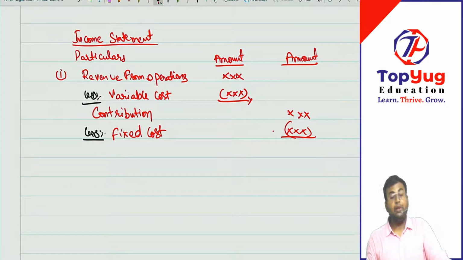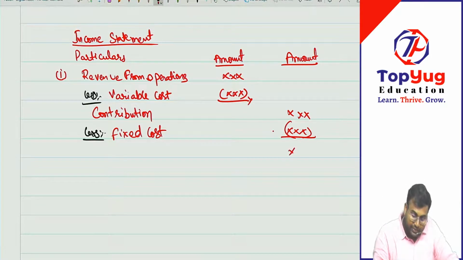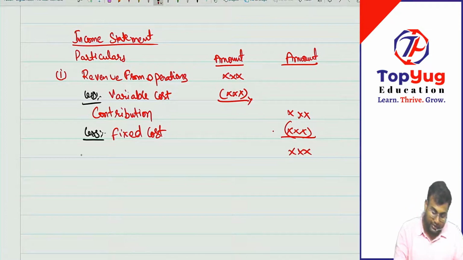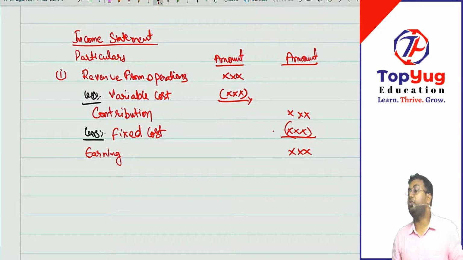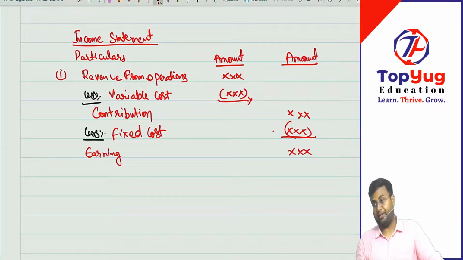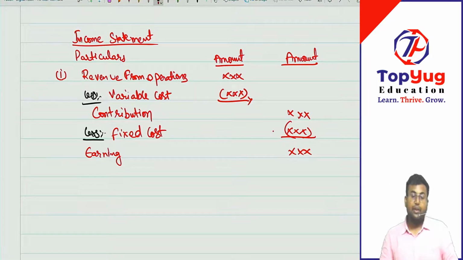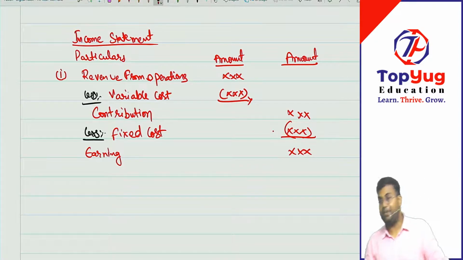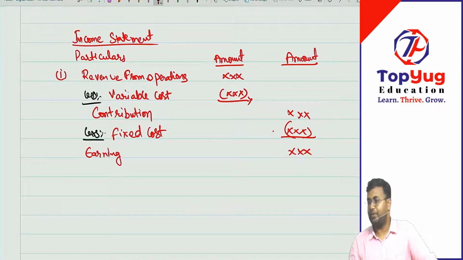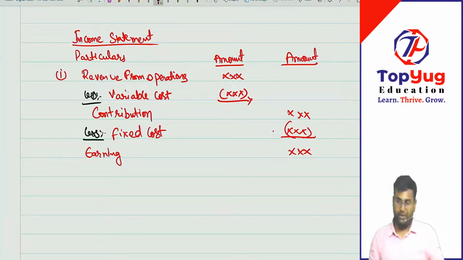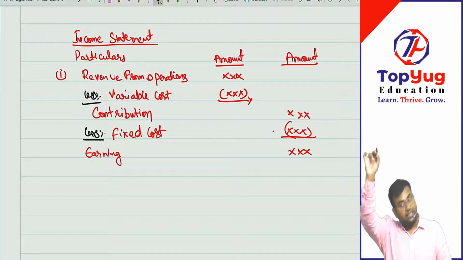You will be able to find out a number that will be called, this is your earnings, but there are two more expenses which you have not subtracted. One is obviously finance cost, right? And obviously the government cost of doing business, right? We cannot minus interest, government taxes now, even though it is variable in most of the cases. Yes, is it variable? More the income, more the taxes, lower the income, lower the taxes. Is it variable in certain manner? But it is the last preference in terms of payment.